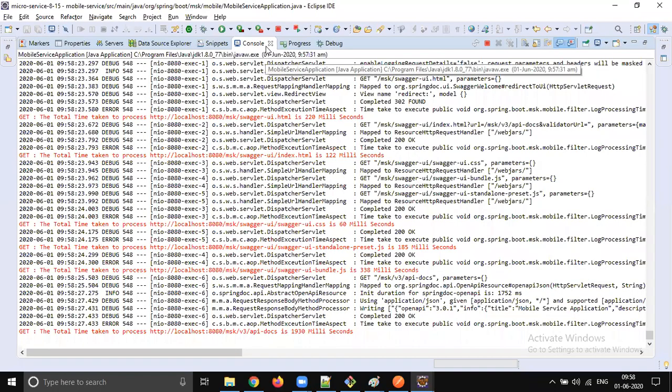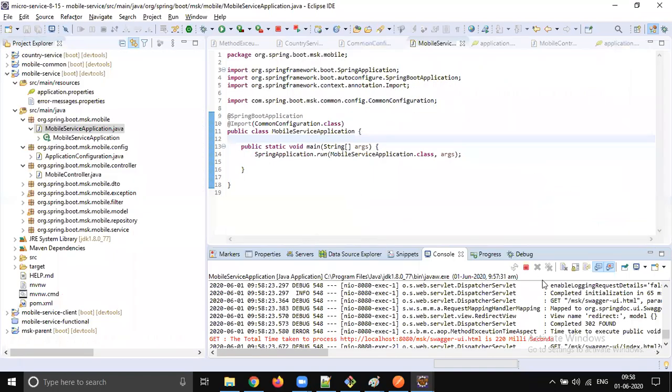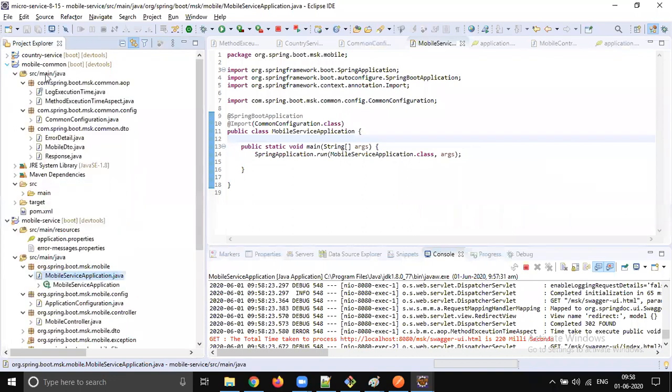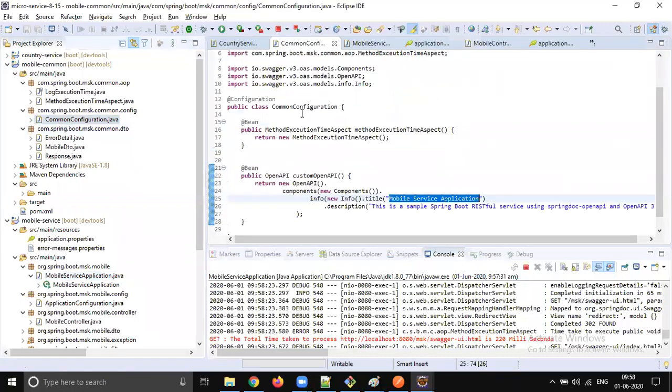So let's quickly move those details into a properties file, right? So where is the common? Common is here. Common configuration.